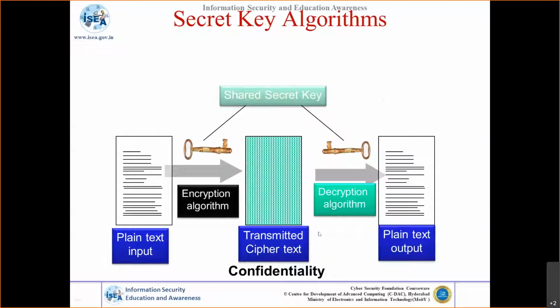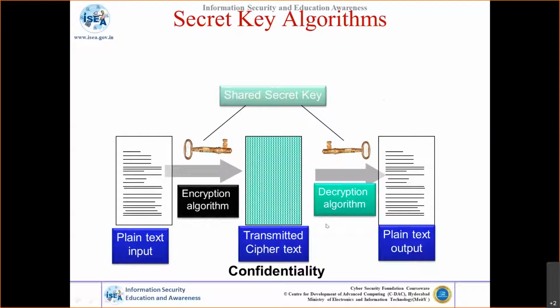Once those two are identified, the plain text, whichever document you want to share secretly with the other end, will be encrypted with the shared secret key, passing through the cryptographic algorithm. What is generated? A ciphertext. Ciphertext is the encrypted text. So this ciphertext will be transmitted to the other end. Over the channel, it is scrambled, or it looks like garbage. So though anyone tries to intercept, they will not get anything out of it. Even with Wireshark or something, if they intercept, they'll not get anything out of it.